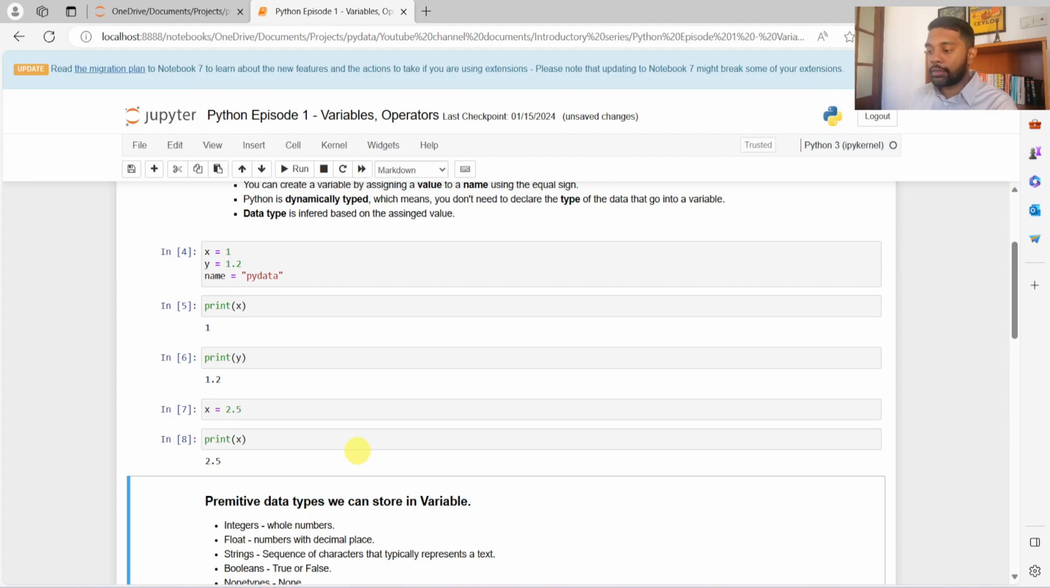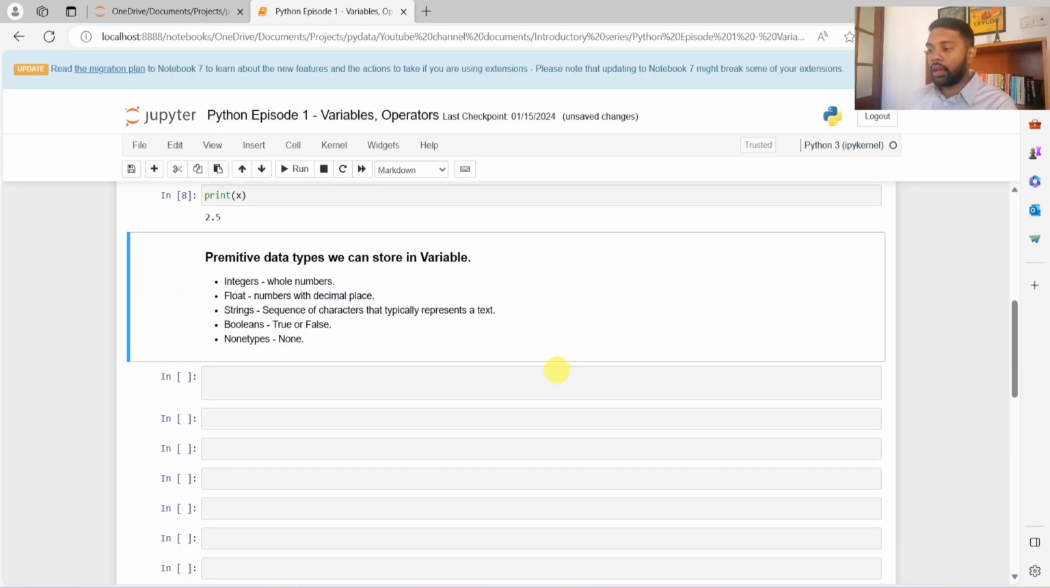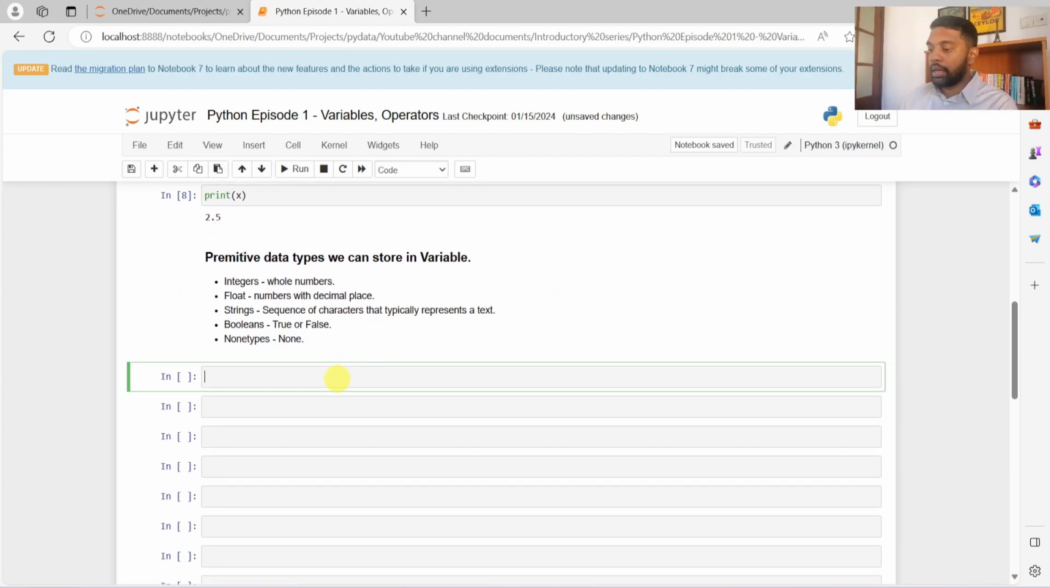Now let's try to figure out a couple of primitive data types that we can store inside a variable. Okay, so the first primitive data type that can be stored in a Python variable is integers. And what an integer is basically is whole numbers. So for example, counting numbers like 1, 2, 3, 4, 5, 6 are whole numbers. Another easy way to understand what an integer is, think of it as a number which does not have any